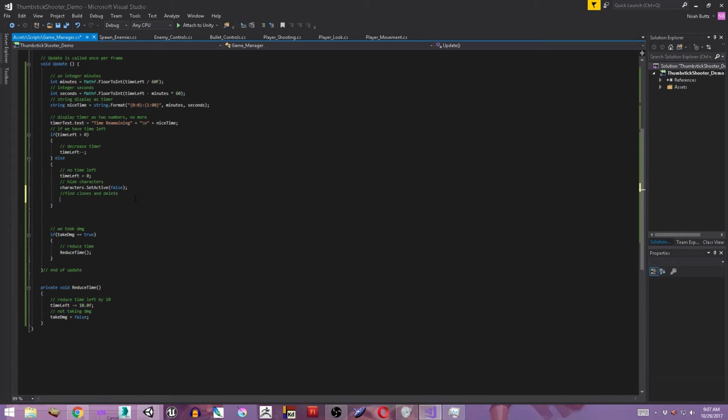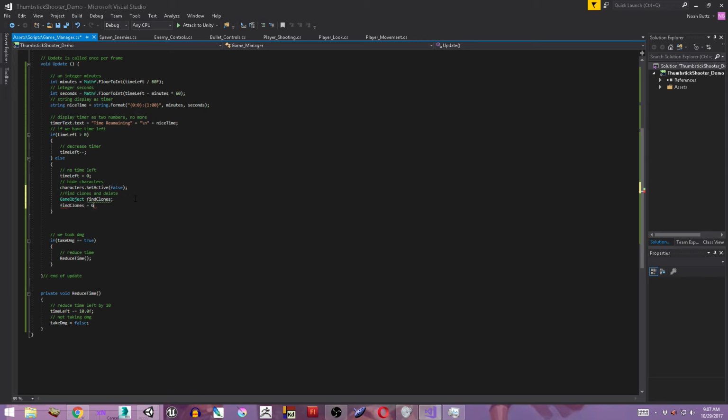There's a few ways you could do this. We're going to look for all the clones in the game, and then we're going to take them out. So we'll say game object, find clones